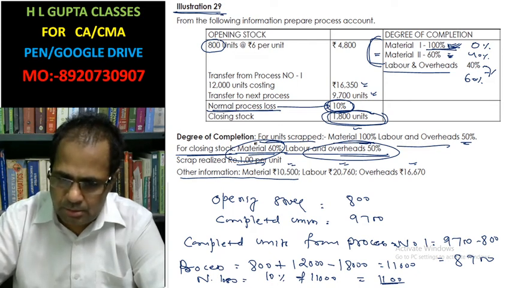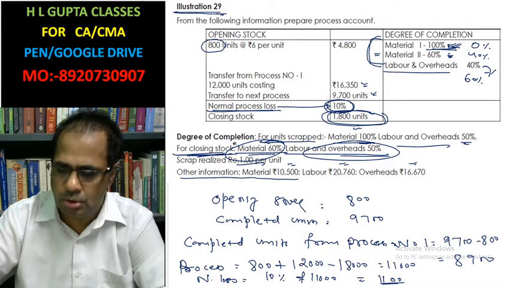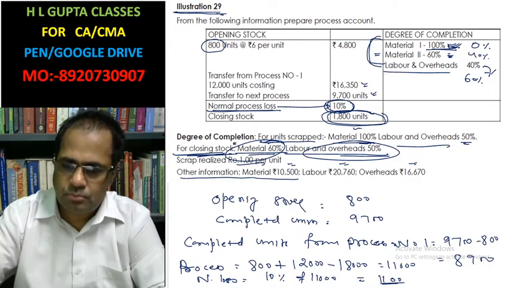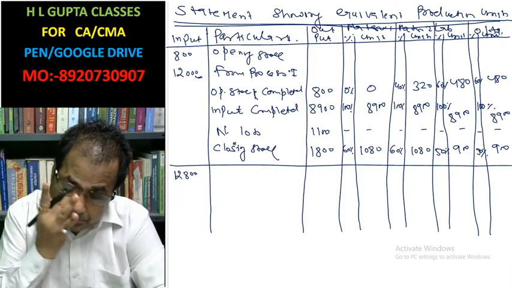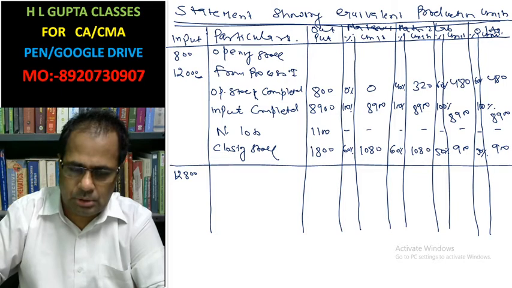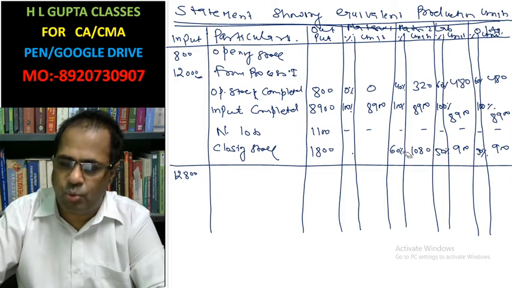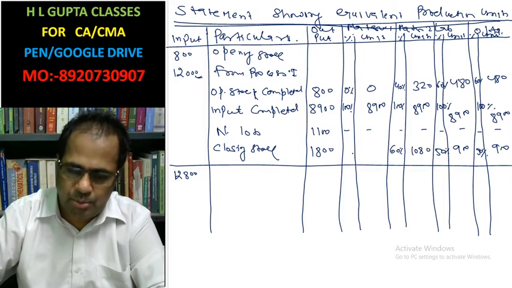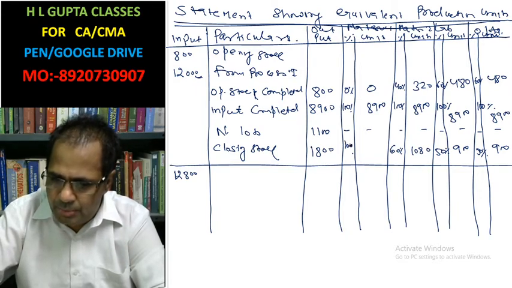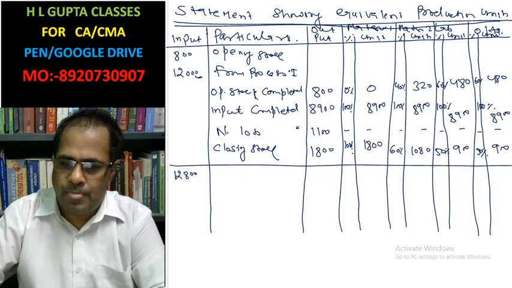This is of material: 60%, and this is 50% for closing stock. In this case, for closing stock, first material should be assumed. Only the first material is given here. For the second material, the information is given in this case. The first material is assumed to be 100%, so that is the 1800. This is the 60%. Then how much would it be?